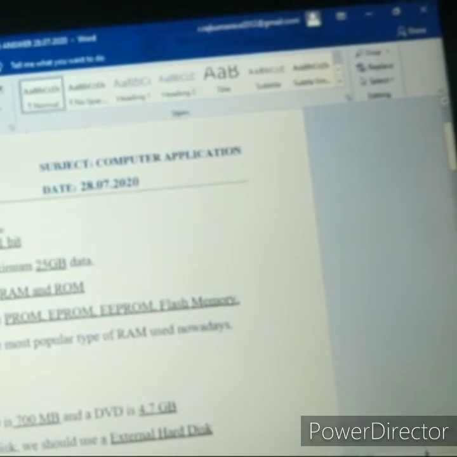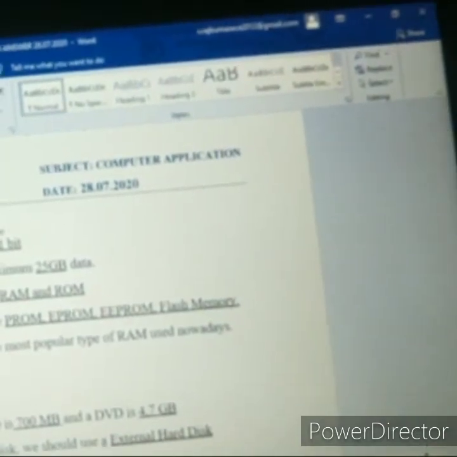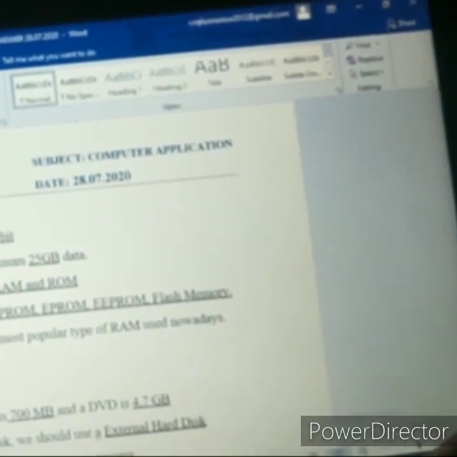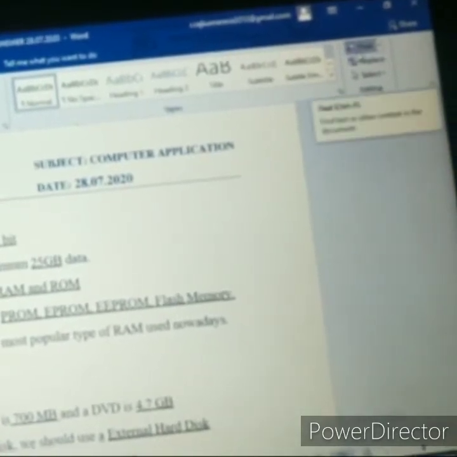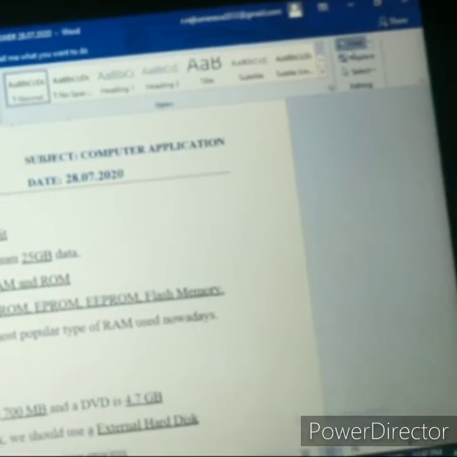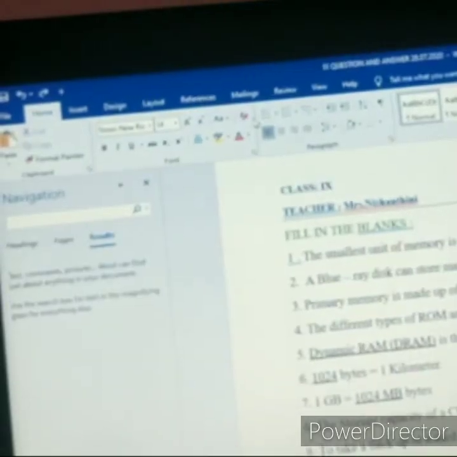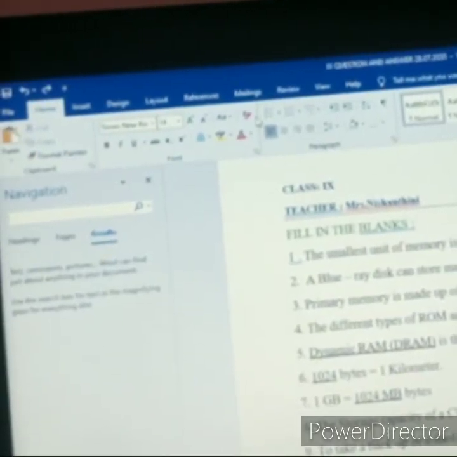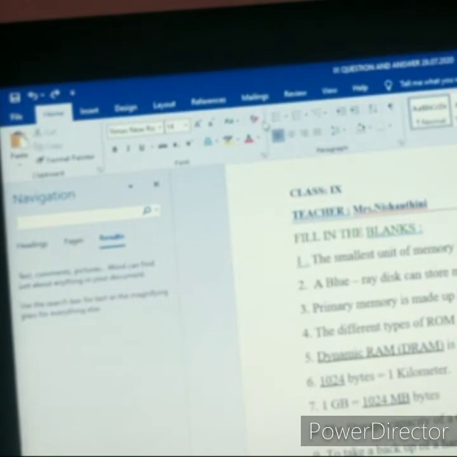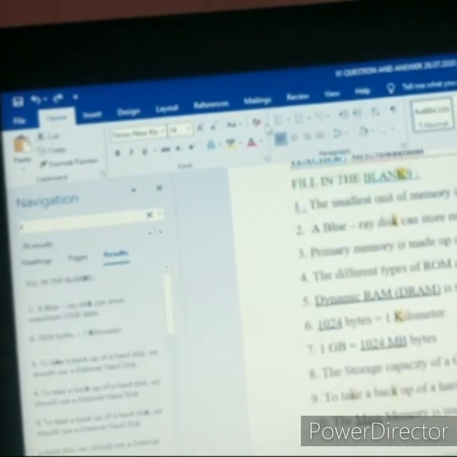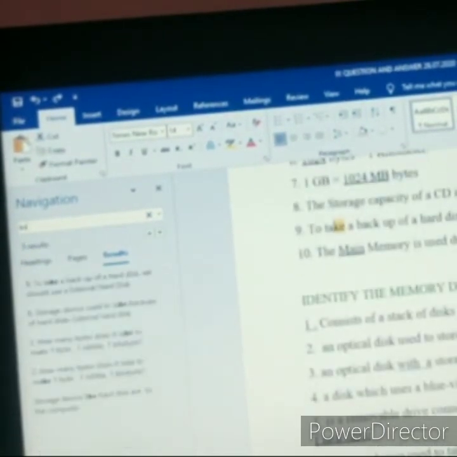So next one is find text or replace text. See here, there is an option to find a text. So just click it and then type the text which you want to find. So I just select KE.